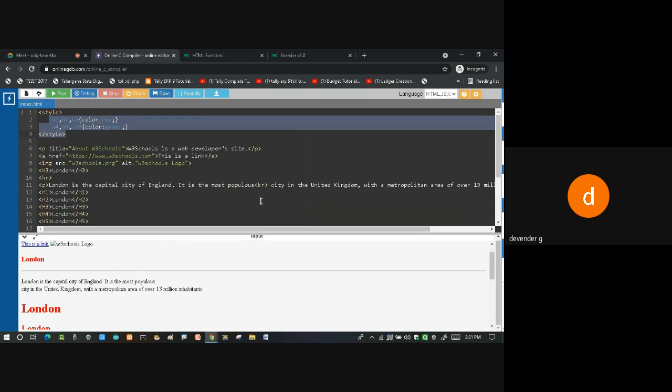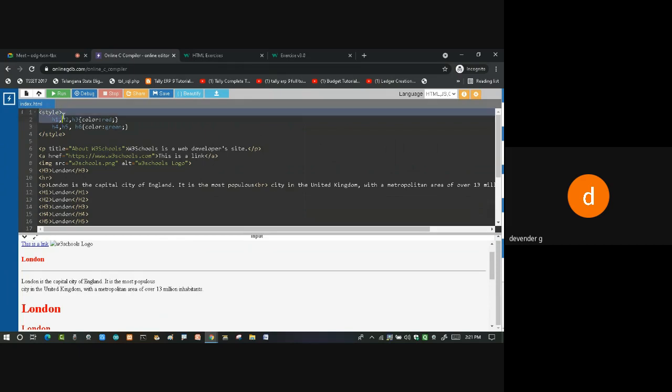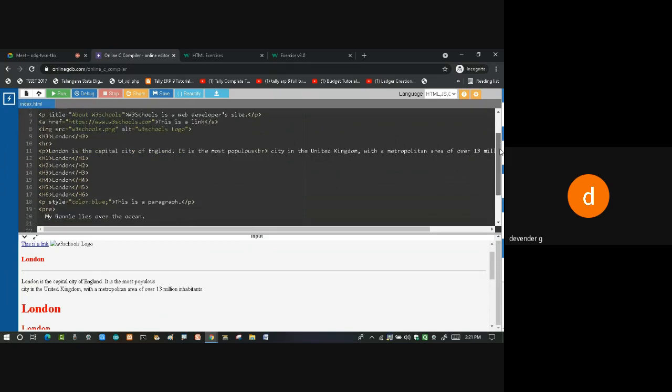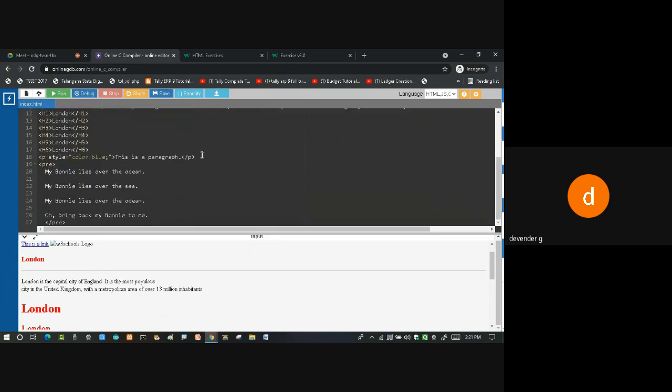Now, what is the advantage of writing internal style over inline? With inline, what happens? I have to go to each and every element and write it. Suppose, as I told you, I want nail polish on my fingers. For my hands I'll be adding it, and for my legs also I want paint, so I have to apply the paint. If I want lipstick, I have to apply the lipstick. If I want it on the ears and eyebrows, for each and every part I have to do it.